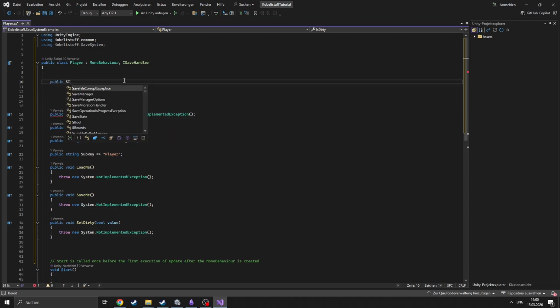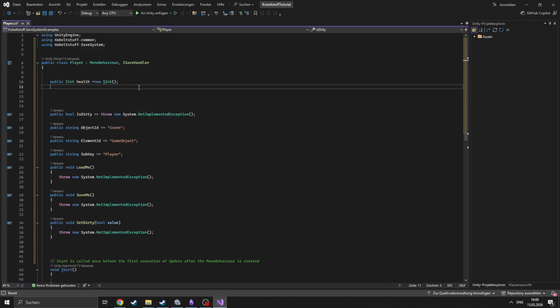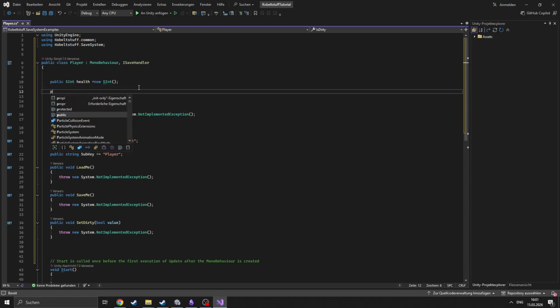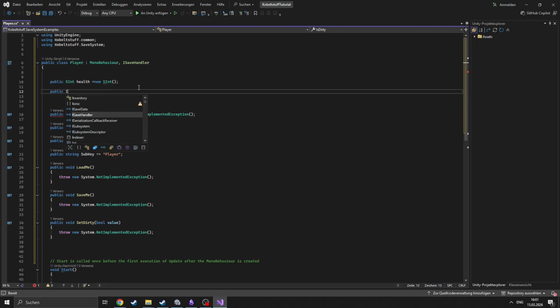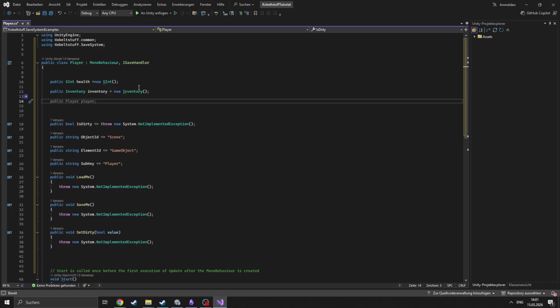SInt health, and since this is a reference type, we use new SInt, because an S-type in ISaveData is not null at any time. And then you will have a public inventory, our custom ISaveData, and call it just inventory. We want to set it to new,